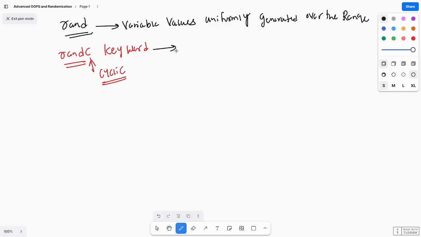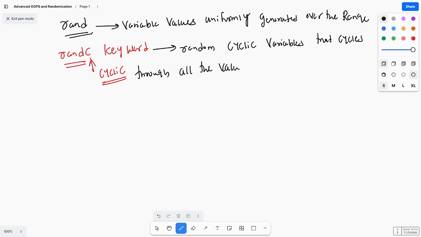So this rand c means random cyclic variables that cycle through all the values in a random combination of their range. Okay, so if you see the example, that means here